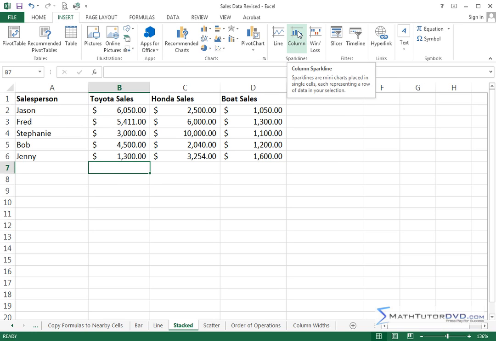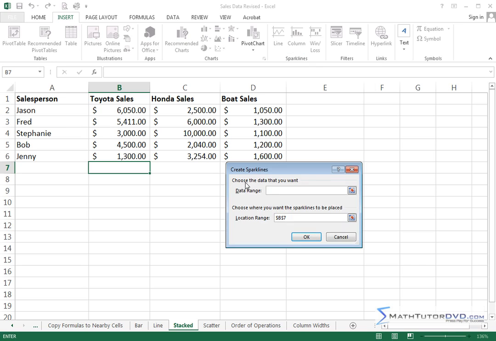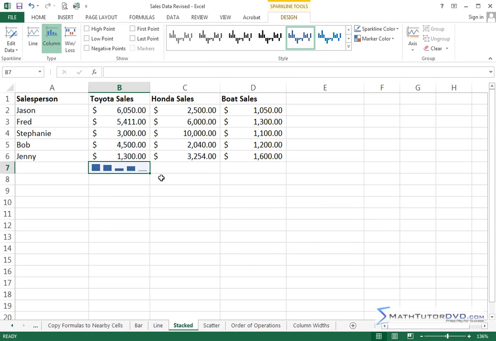So I'm going to go ahead and click that, and it's going to ask me, choose the data that you want. And so what I'm going to do is highlight this data here, and that's highlighted. That's the data I want, and I've got the empty cell still selected under there. Choose where you want the sparkline to be placed. Right now I already have B7 because that's where I clicked initially, so basically done. And I hit OK, and up pops a little tiny little